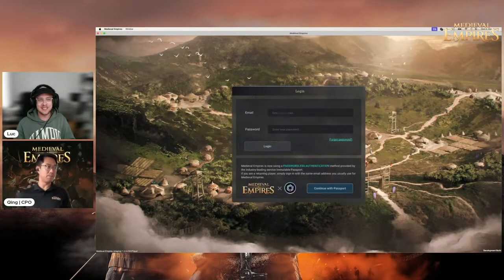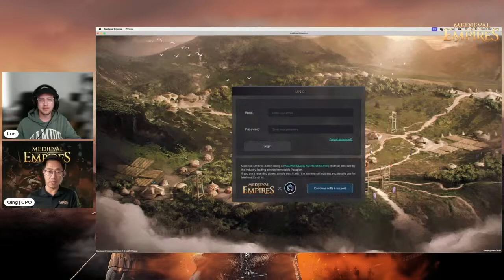Cool. Yes, so Immutable is our strategic partner. I think a lot of people who know the space in blockchain gaming know the company and their vision. It's a company dedicated to building a game ecosystem for Web3 games or blockchain games. We have this strategic partnership with them, so we can focus on building the game while using the infrastructure built by Immutable for different products, including the authentication and wallet management, also their new ZK EVM network, and more products